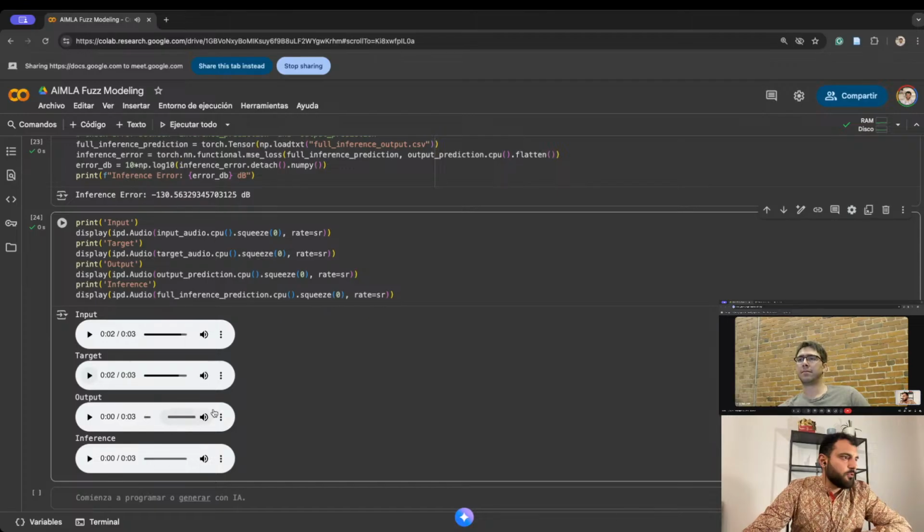We have the output of the PyTorch model, the one that ran the whole input using one single call. And we have the inference done by RTNeural. And yes, it does sound the same.